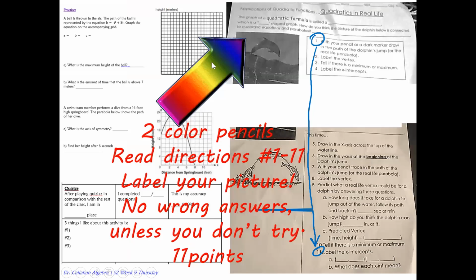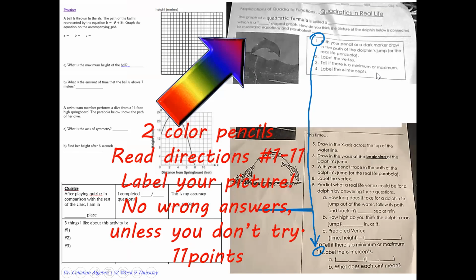All right, so now that I have demonstrated 2 of them, let's go ahead and try this one right here. So what you're going to do is, this graph of a quadratic formula is called a blank, which is a blank shaped graph. How do you think the picture of the dolphin below is connected to the quadratic equation of